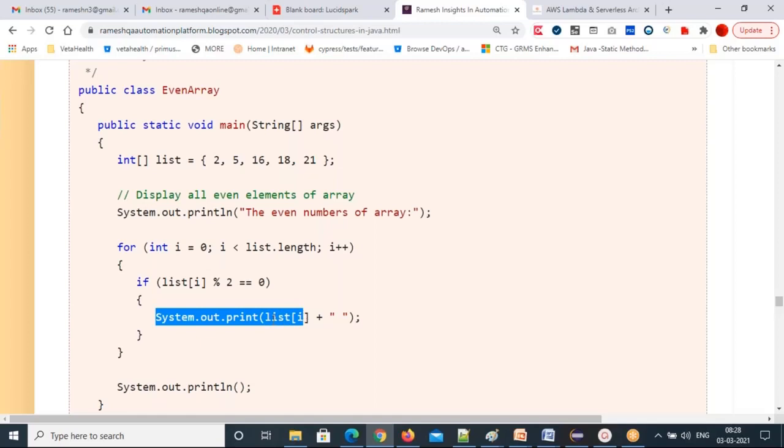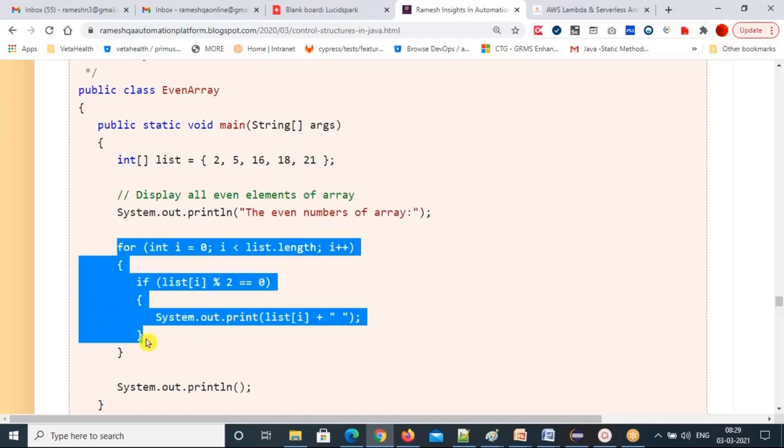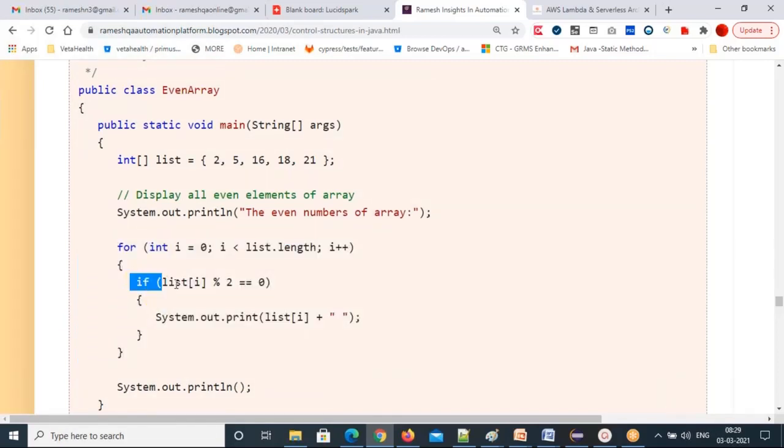How can you print an array element? Each array element, how can you get? Again, array name of index. That's how I'm printing the array element. This is the simple logic. This is how you can build it. That's why I gave the even numbers and odd numbers programs, because they might ask you any such question. For a group of elements, how can you iterate from the first element to the last element? Using a for loop. Then how can you filter whether it is even or odd? Array name of index modulus 2 equal to 0, then System.out.print list of i.